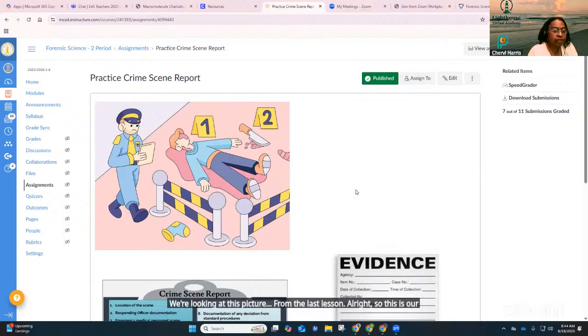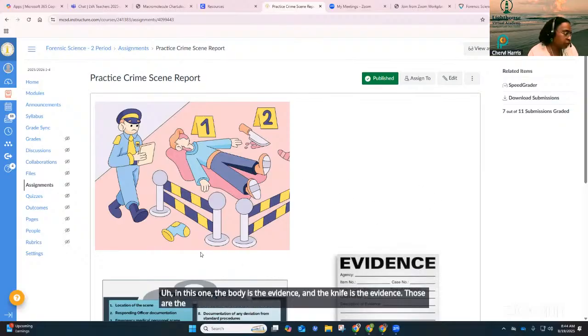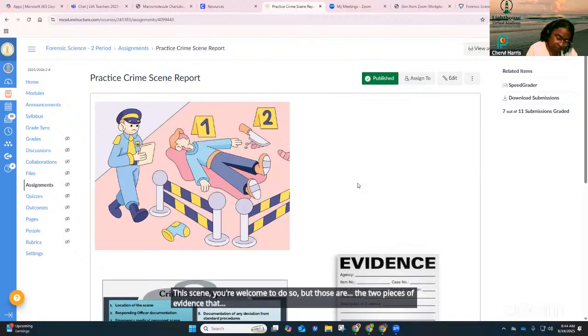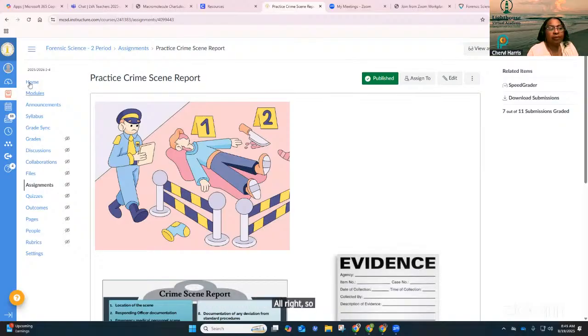We collected evidence. In this one, the body is the evidence and the knife is the evidence. Those are the two pieces of things that were marked. If you want to give evidence about something else at the scene, you're welcome to do so. But those are the two pieces of evidence that this crime scene provided. All right. So based on that,